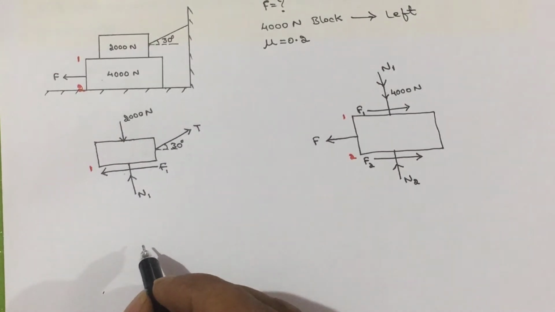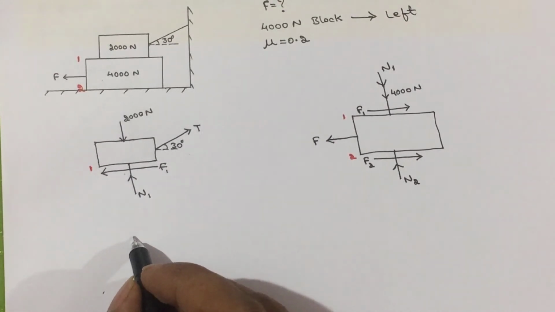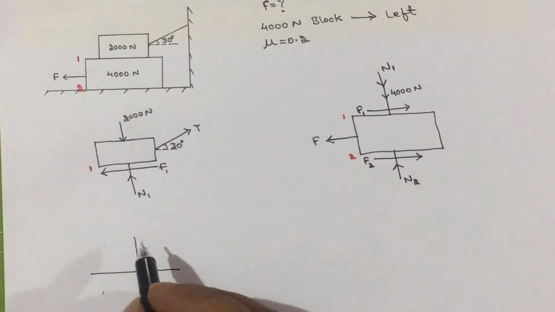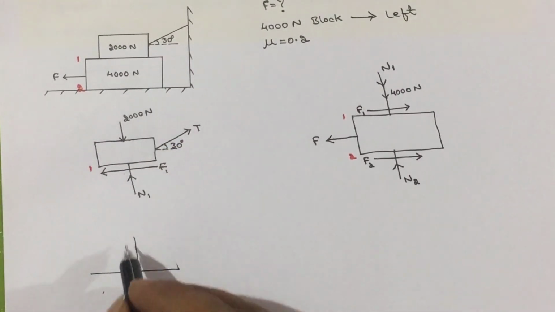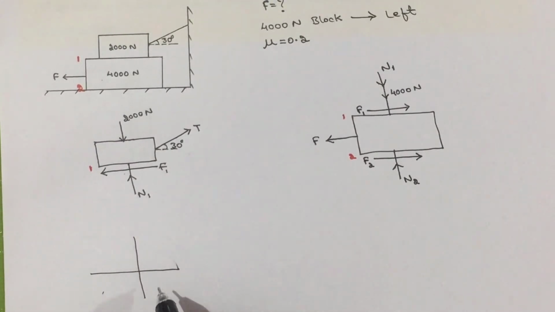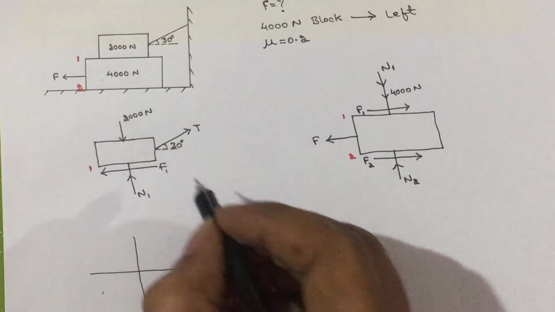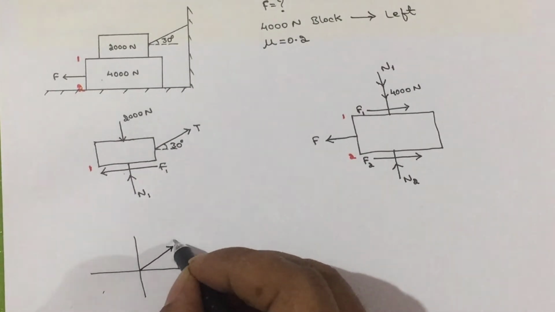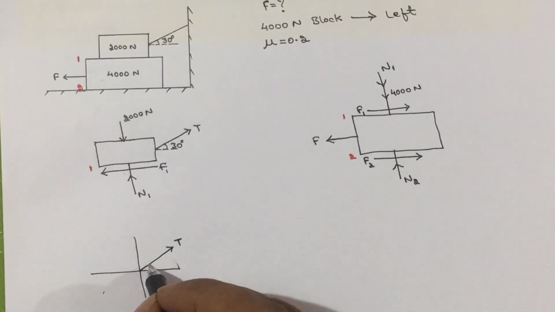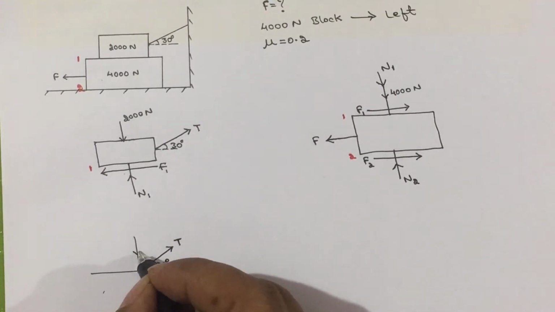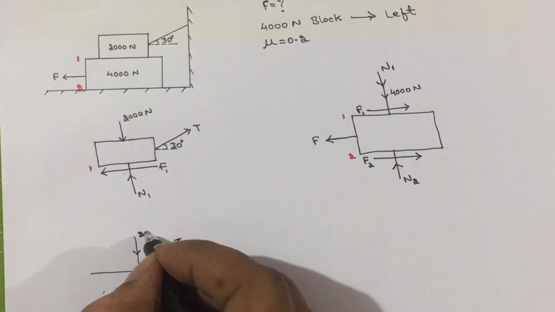What I am going to do means, I will draw a plus mark now. Okay. Then I will write all the forces within these quadrants as well as along these lines. I will start from T. Now T, it is acting like this. So write down T inclined at 30 degree. Then 2000 Newton acting vertically downward. So it is 2000.